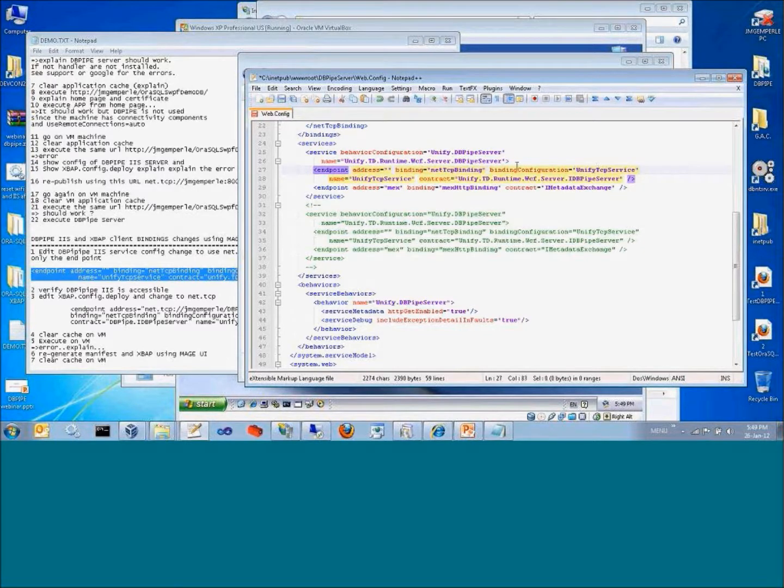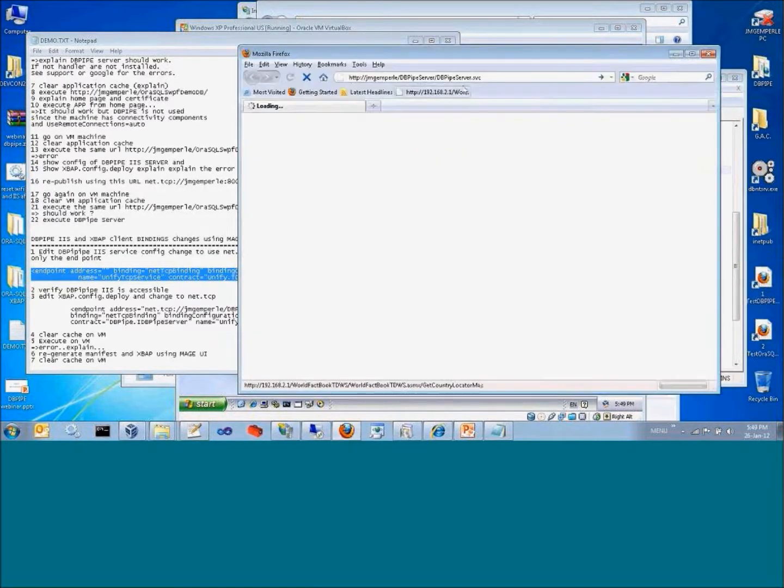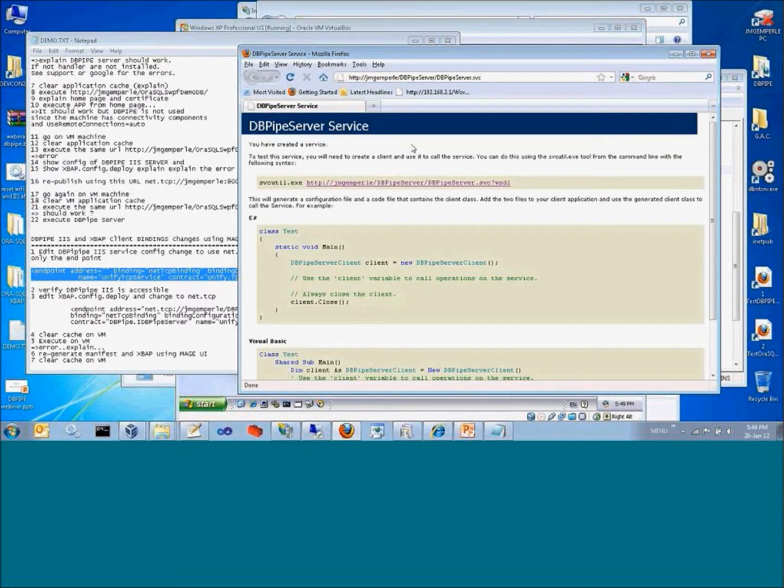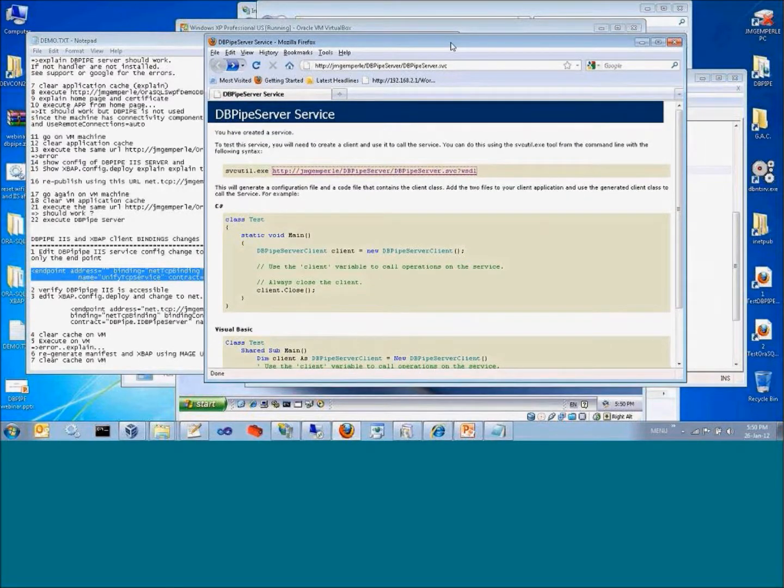Okay, so net TCP/IP binding, this is what I want to use to listen as a protocol for DBPipe hosted on IAS. Now let me try to save it. If I didn't make any mistake, which I hope, remember the first time I wanted to test my DBPipe, I used exactly the same URL to see if my web service is functioning without giving me any error. Because I modified it, it gets reactivated, and here it shows up. So the WSDL would also work. The only difference now is I'm not using HTTP anymore as a protocol, but